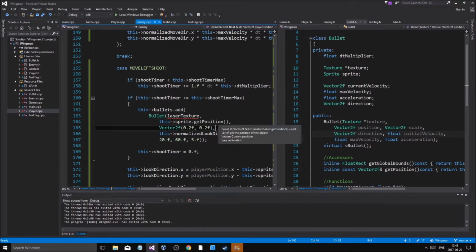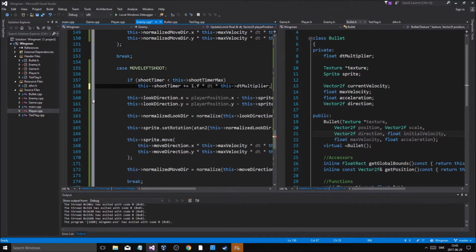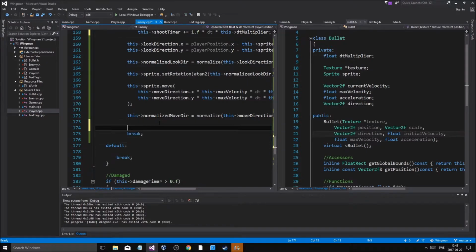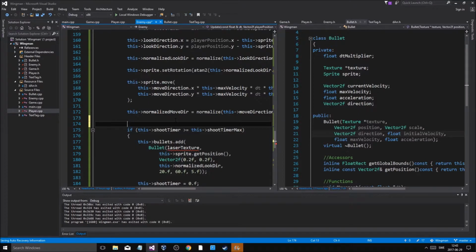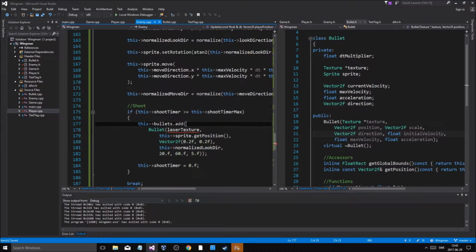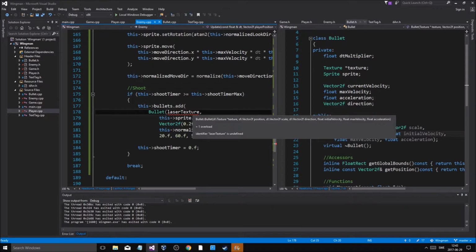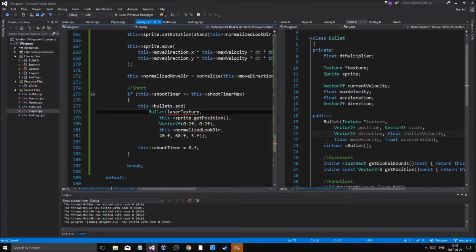And I'm gonna do this at the end. Okay, so this is gonna be shoot. Don't worry, I'll cut this video down, even though it's long, but we'll finish this actually. So this is going to be, what is it? Position. So it's the position, the scale, direction, velocity, float, acceleration, and in bullet